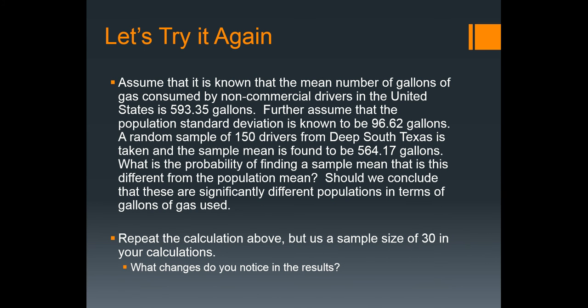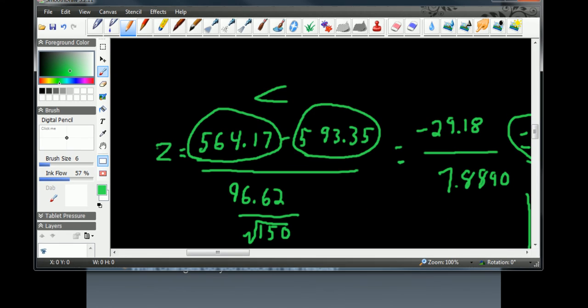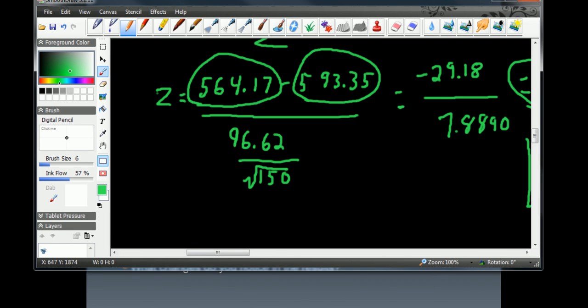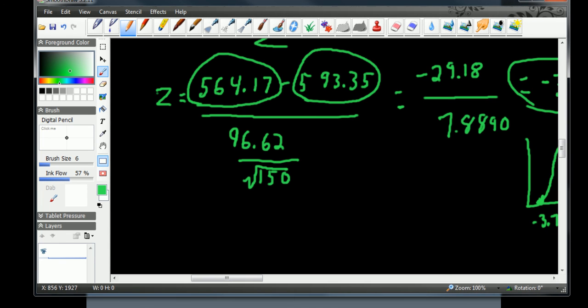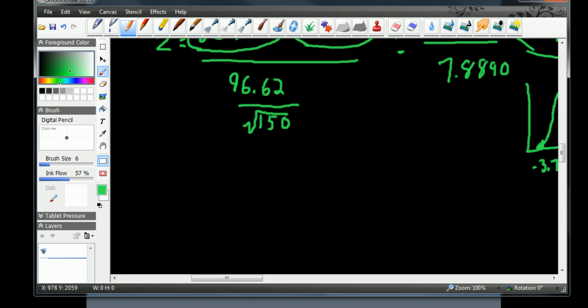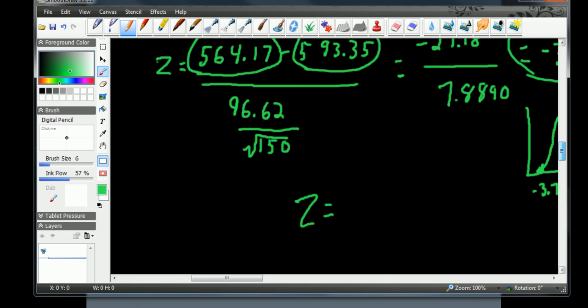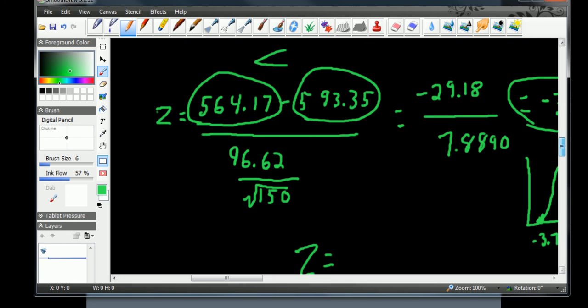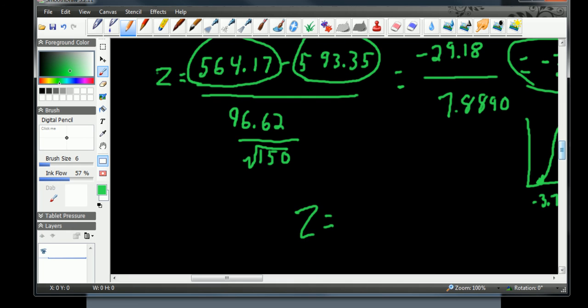All right. Now it asks, okay, do the calculations again, but let's just pretend instead we had a sample size of 30. Things would change. What would change in particular is our standard error estimate. So almost everything's going to stay the same. In the denominator, we're going to change the standard error estimate. But in the numerator, we're going to have still negative 29.18. But now we're dividing that by 96.62